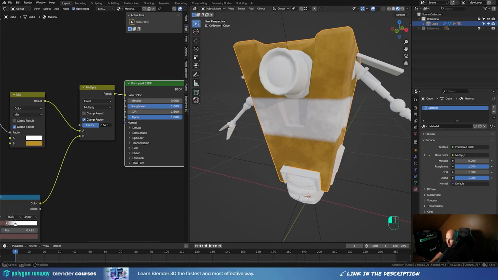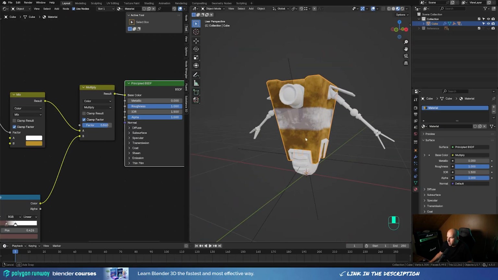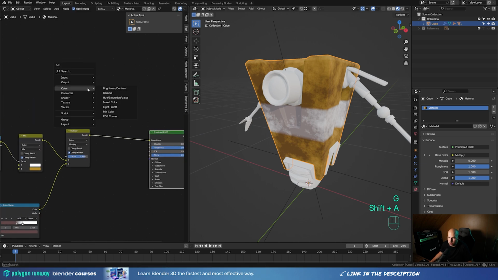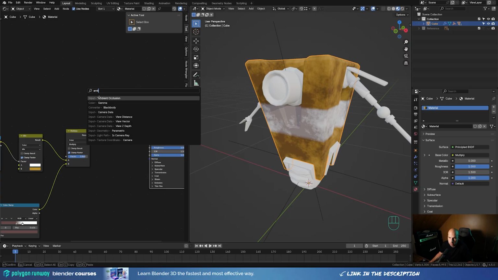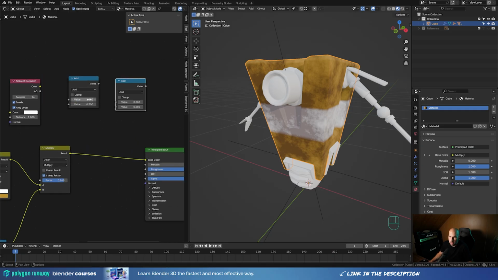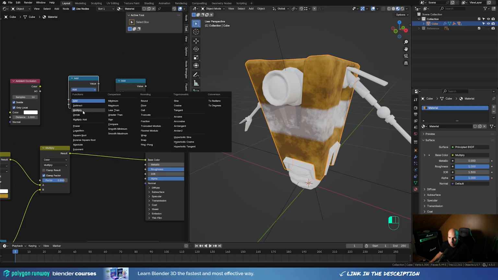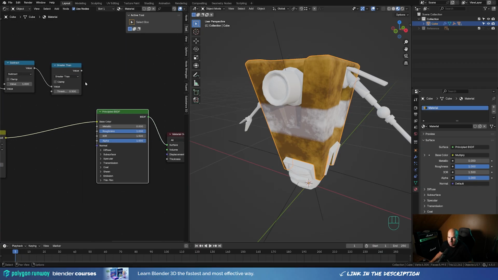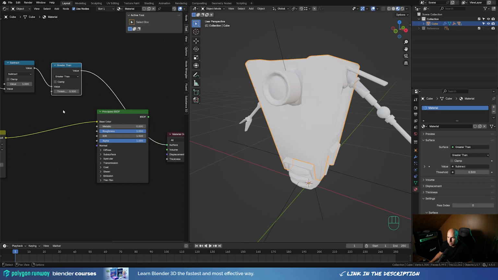So I think something like this will be just fine, a little bit of dirt. And now let's create some edge masks. So let's press Shift A and we'll do an ambient occlusion node. Let's switch to inside and only local, and let's add a converter and some math node. Let's press Shift D to duplicate this, and here we'll set this to 1 and subtract the value of the ambient occlusion, and just plug this here and compare if it's greater than the threshold we are interested in. And let's just plug it here to preview,